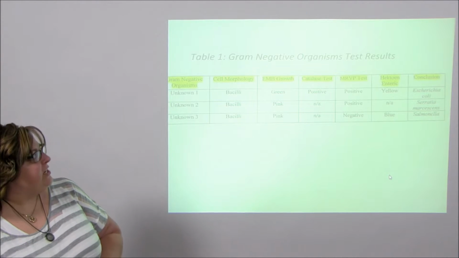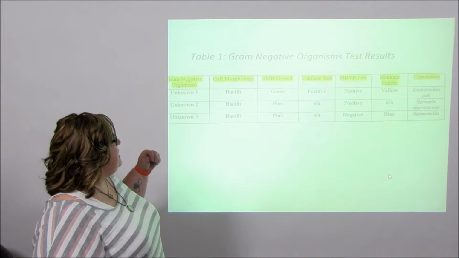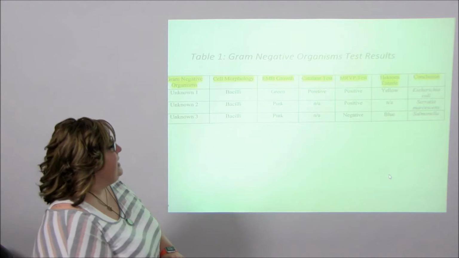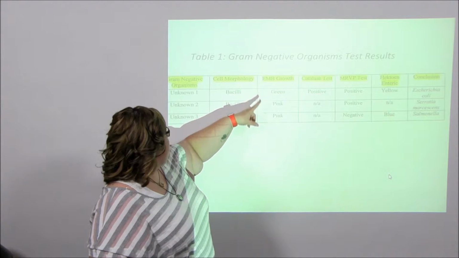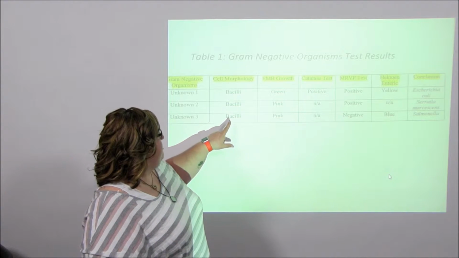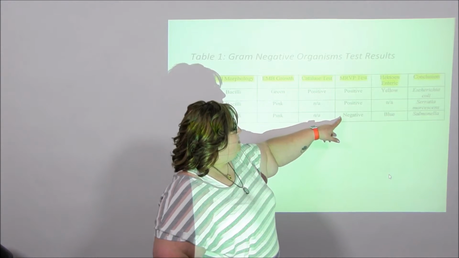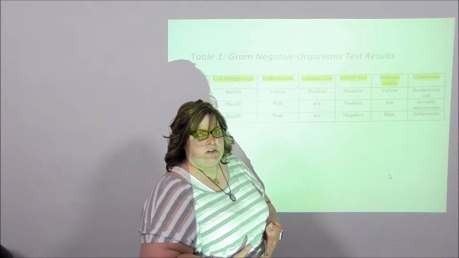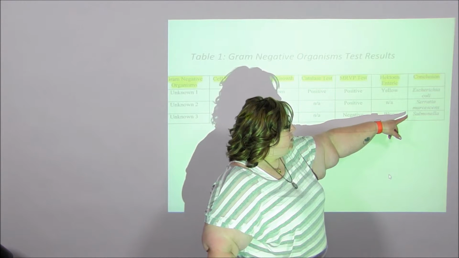I'm going to tell you about our test results. When it comes to the gram-negative organism test results, we had 3 unknowns, and all 3 of them were bacilli. So at that point, we knew that we would have to do more testing, so we decided to do the EMB growth plate. Unknown 1 came back as green, and unknown 2 and 3 came back pink. That presents a problem because with them both being bacilli and pink, we knew that we would have to do another test. So we decided to do the MRVP test on them, and 1 came back positive, 1 came back negative. And since those results were found, we went to Bergey's manual and found out that we had Serratia marcescens